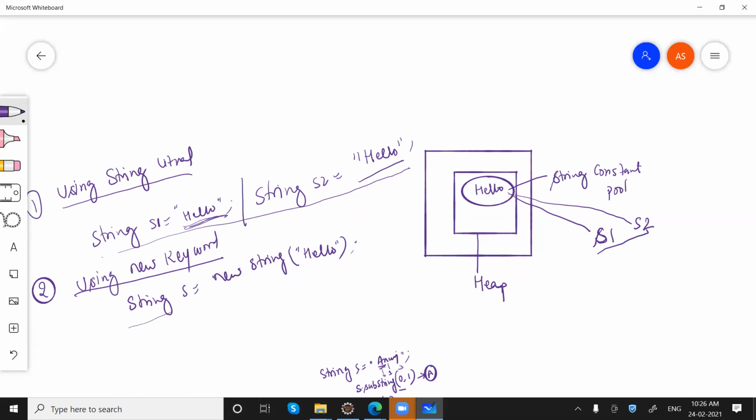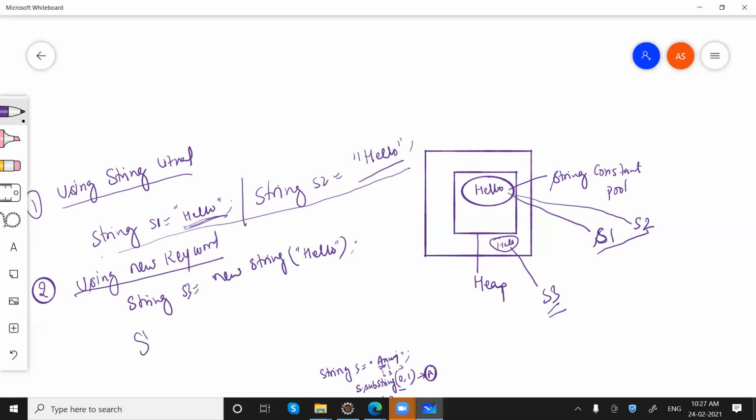But when I say new, it will create a new string, and it won't be in the constant pool. It will be outside the constant pool, like here. And let's call this S3. So S3, the new reference, will be assigned to this. So whenever we say new, every time a new string will be created inside the heap.